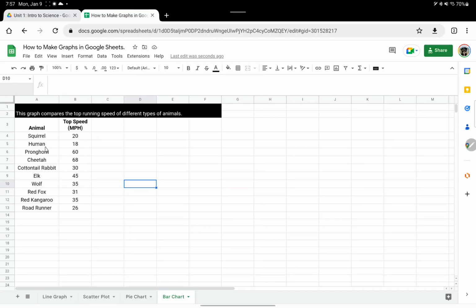So we're looking at the top running speed of different animals. Squirrels run 20 miles per hour. Humans run 18. That's as an average. The top speed a human's ever been measured is at a little over 27 miles per hour, but the average top speed for humans is about 18. Pronghorn antelopes, like we have in the United States, are 60 miles an hour. Cheetahs are about 68, although they've never been measured over like 64. That's an estimate of their top speed. Cottontail rabbit's about 30, elk about 45, wolf 35, red fox 31, red kangaroo 35, roadrunner, the bird, can run